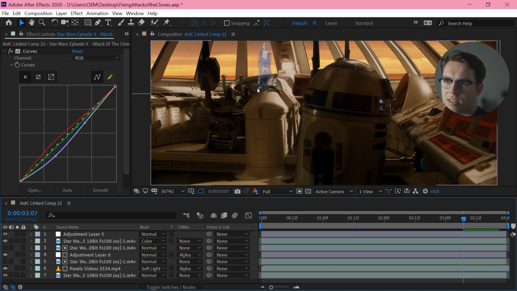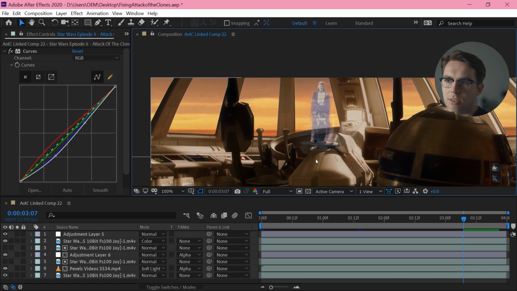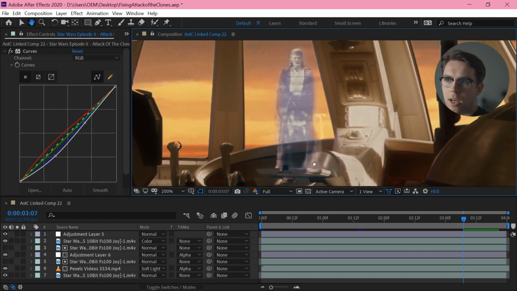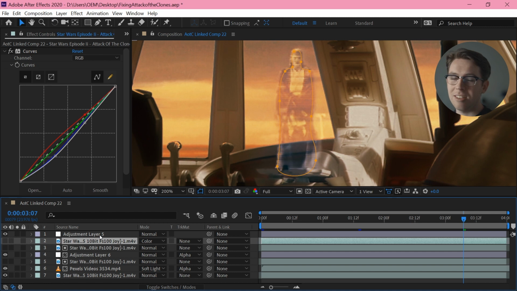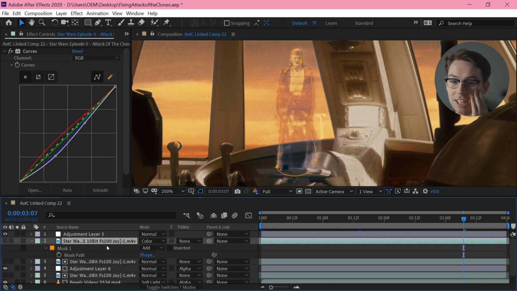And then the last element here is this Obi-Wan hologram. Now, after I've done all my adjustments, obviously it's all affecting the hologram as well. So the way that I've handled this is, as always, rough but, you know, good enough. I've done just a simple feathered mask around it.